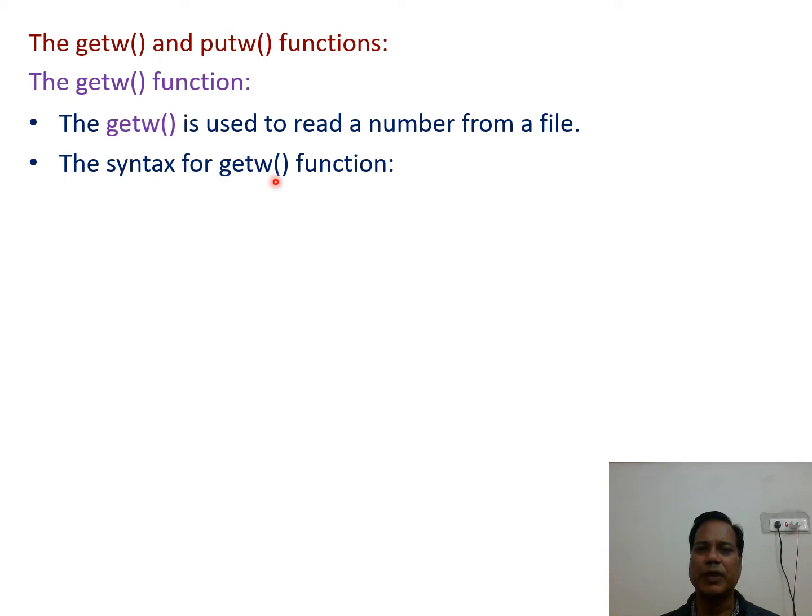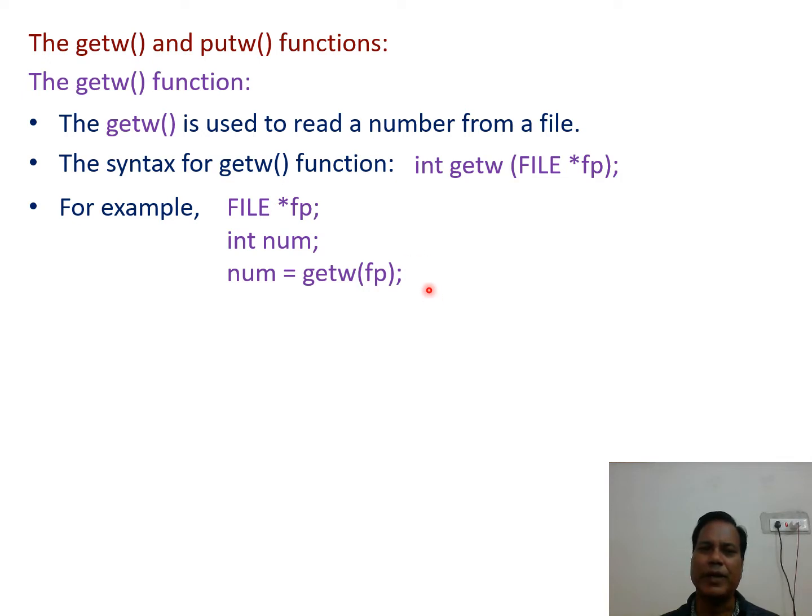The syntax for the getw function is like this one. int getw(FILE *fp); Here FILE is a data structure for a file, and this is the declaration of the file pointer fp, and at the end a semicolon. For example,